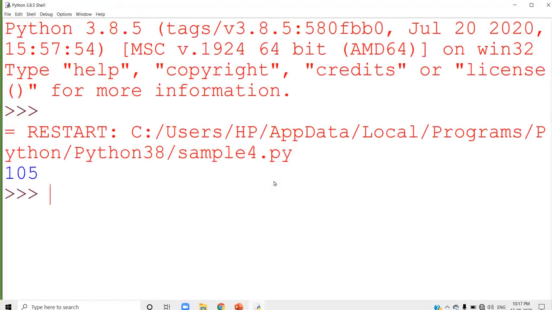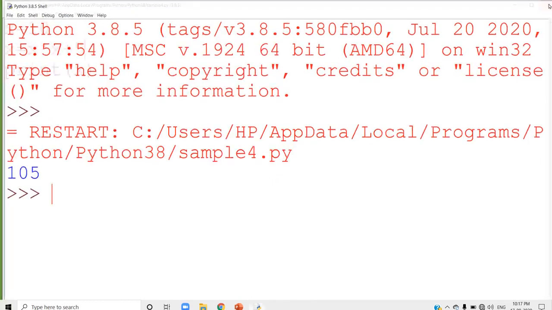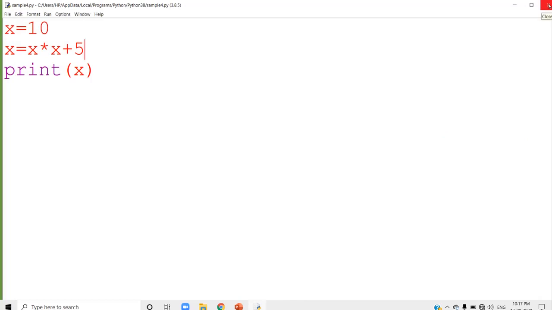It is 105. So in the expanded form, the normal arithmetic operator precedence is followed. But in the augmented form, augmented has the least precedence, so other operators are evaluated first and only after that the augmented operation. So that is the precedence order.